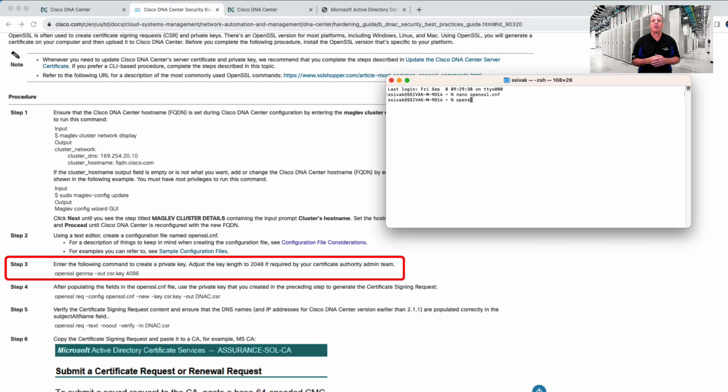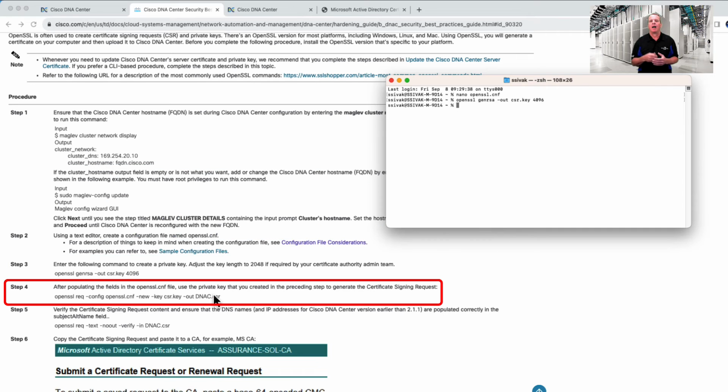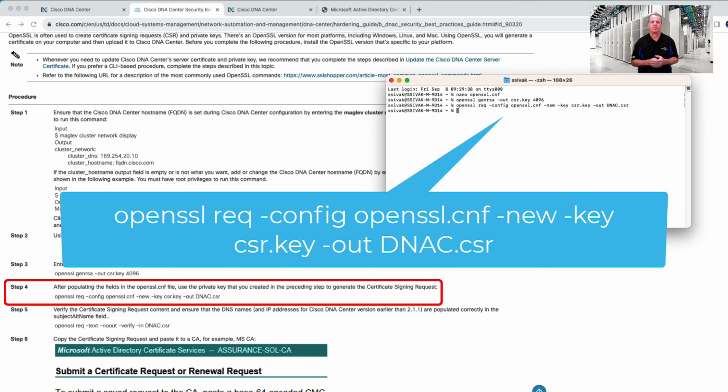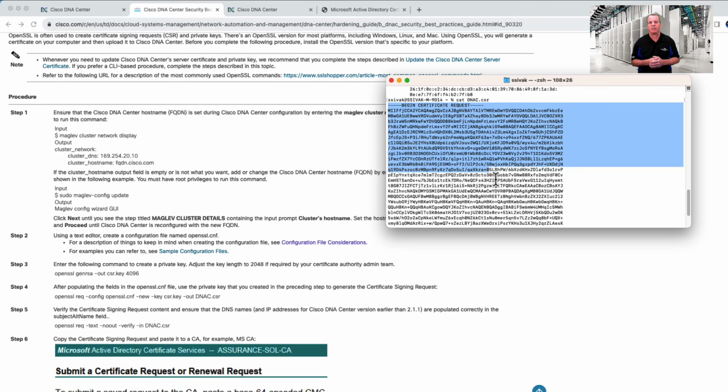The next step is to create a private key by running this OpenSSL command. Then, I'll use the config file created earlier and the private key to create this certificate signing request by running the following command. Then I'll copy the contents of the CSR, or I might send it to my CA administrator to request the